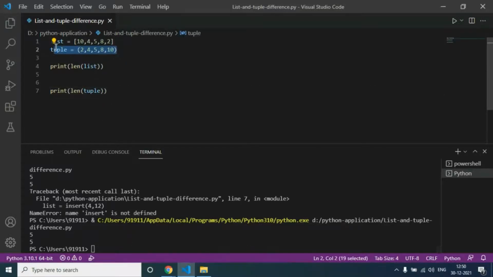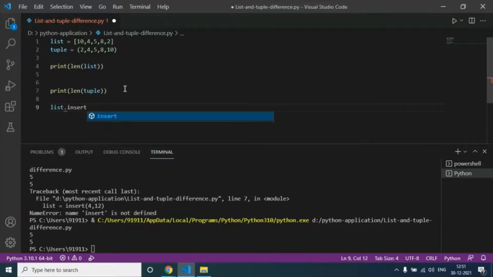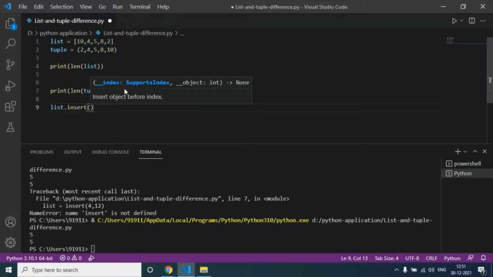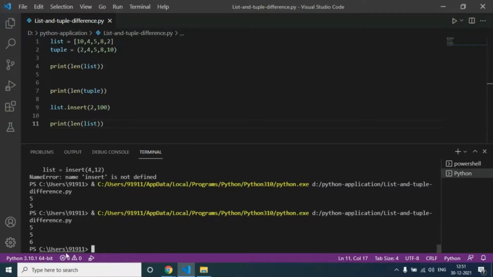Then I am planning to insert a value into the list. Insert at the second position, we'll add 100, and we'll check out the list again. We changed it to 6, right? Length of list is 6.